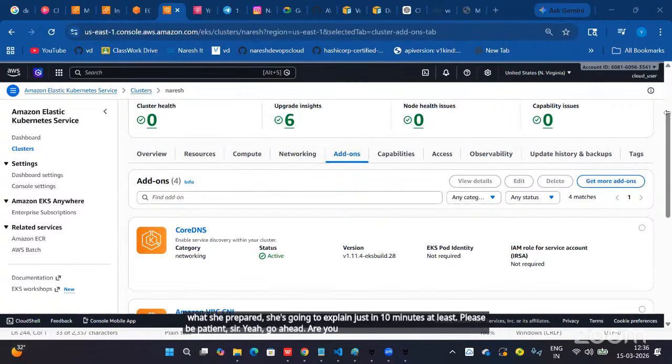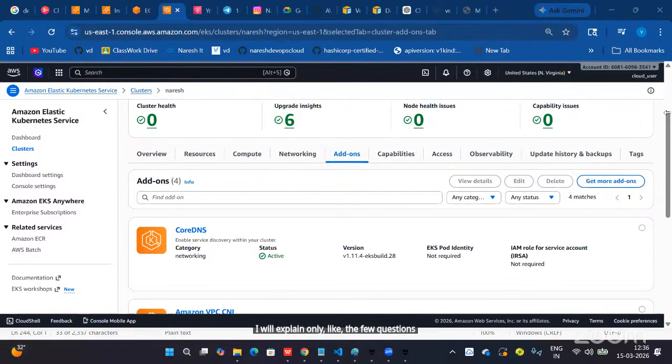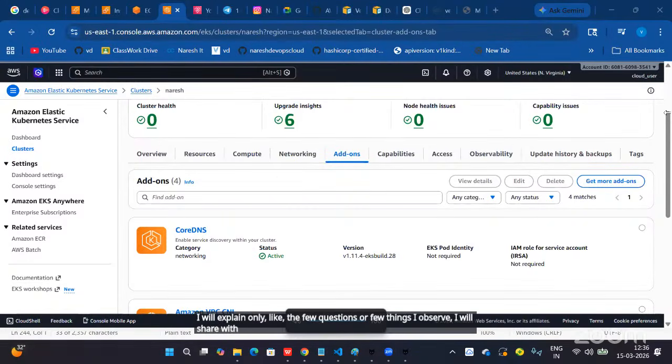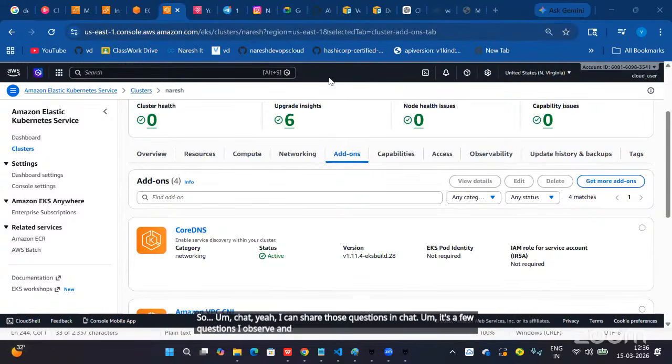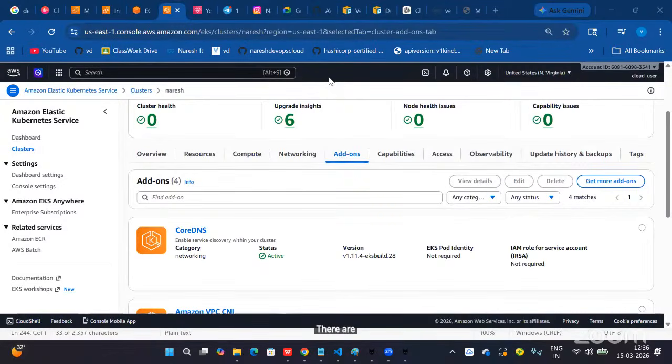Are you going to share your screen or directly explain only? I will explain only the few questions or few things I observed, I will share with everybody. Are you going to share into chat? Yeah, I can share those questions in chat. I observed a few questions and wrote them in my textbook. Here are some questions I observed.